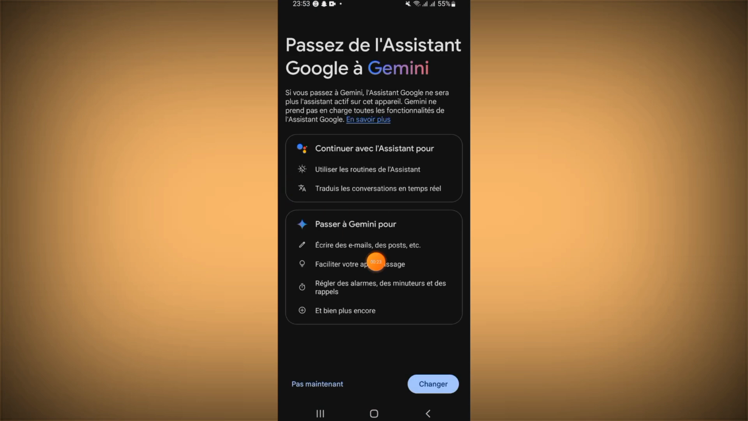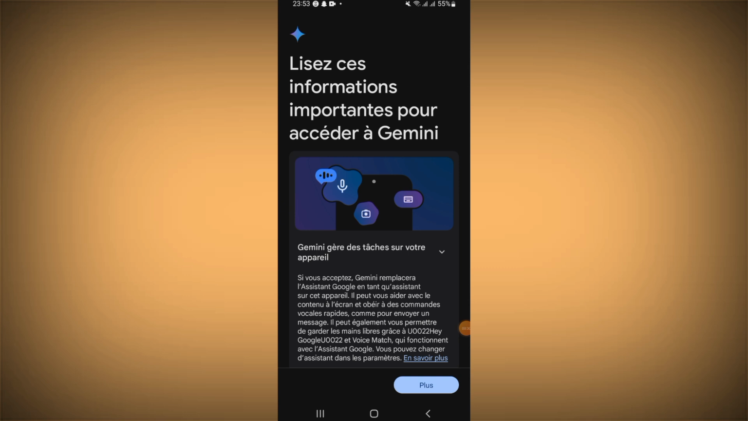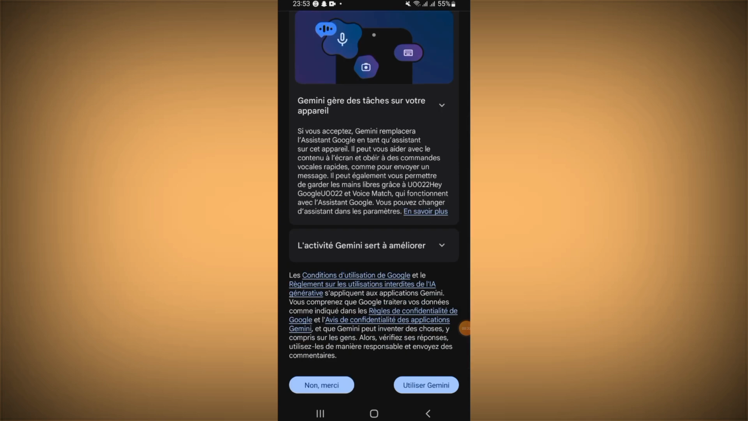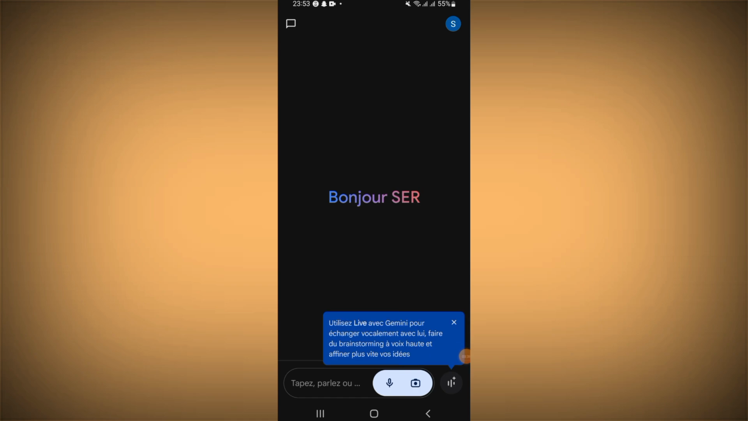Click on here. Click on use Gemini, and here, for example, I will choose the language because it's on French. I will click